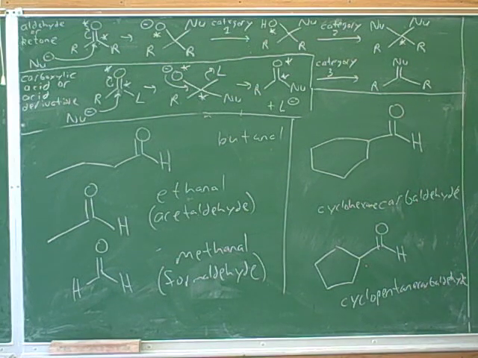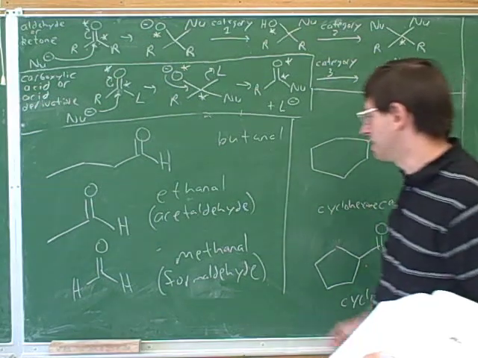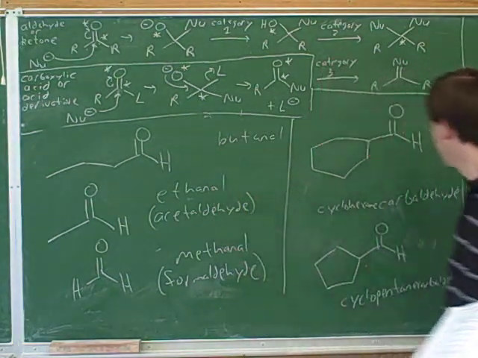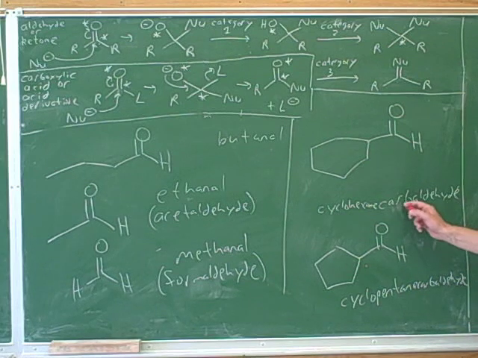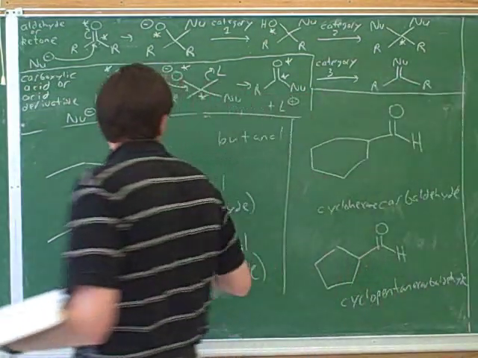Good. So there's a whole different way of naming cyclic aldehydes compared to straight chain aldehydes. Straight chain aldehydes, we just use the -al suffix. But cyclic aldehydes, we use the carbaldehyde suffix. And we still need to name how many carbons are in the main chain. Okay, so those are all things that are likely to come up. All right, so now,